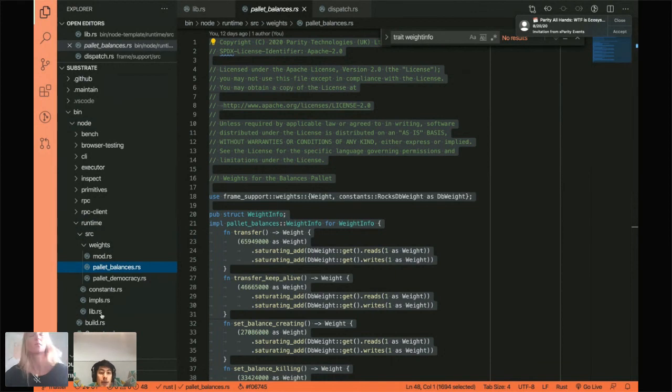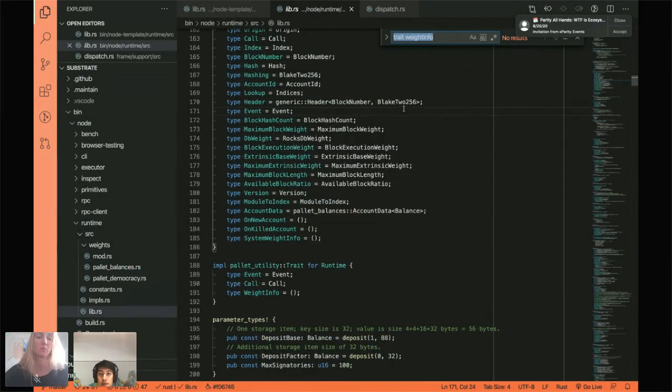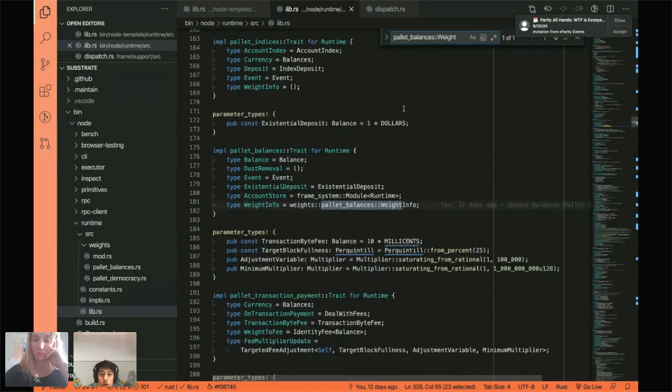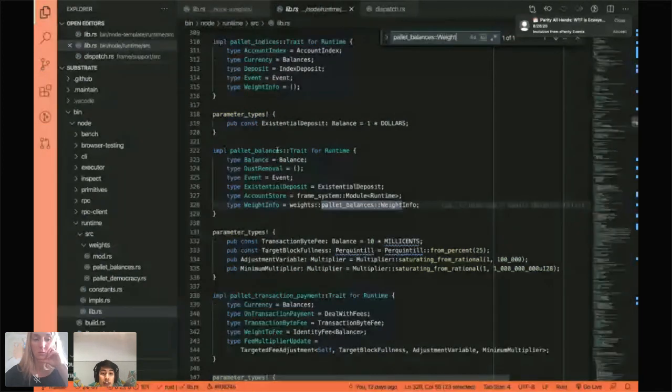So if we go here to lib.rs, and if I go to palette, balances, weight info, yeah, perfect. You can see here that in my balances trait, I'm passing to it not the defaults, but my own weights as an override.